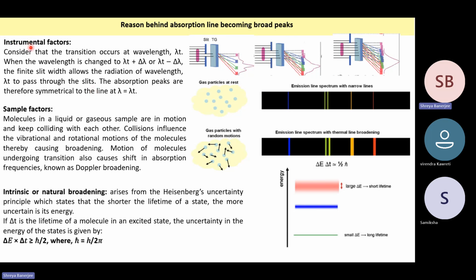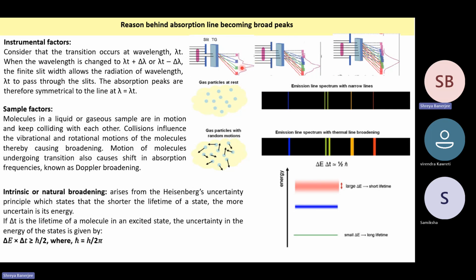The first is the instrumental factors. Consider the transition occurs at a wavelength lambda t. Now, in a short wavelength range, lambda t plus delta lambda or lambda t minus delta lambda, the slit will allow the radiation to pass through. So imagine you have a slit here and the radiation is passing through the slit and interacting with the particles. So you can see the main wavelength that is responsible for exciting the electrons is lambda, which is the big